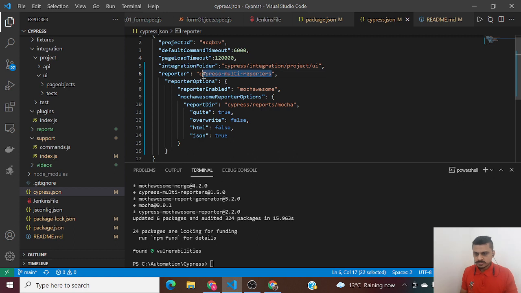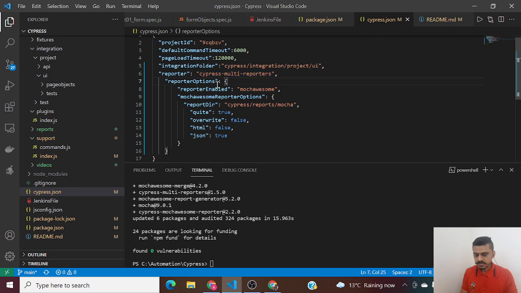What you have to do is add a reporter tag and add Cypress multi reporters. Now we will generate 2 reports and then we will club the 2. That is generally how we do reporting when we are dealing with industrial projects as well. The tag itself is reporter, and that's the value you have to give.